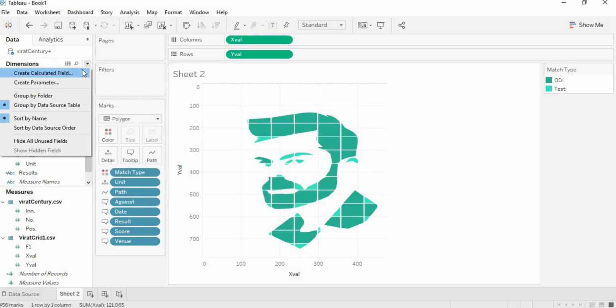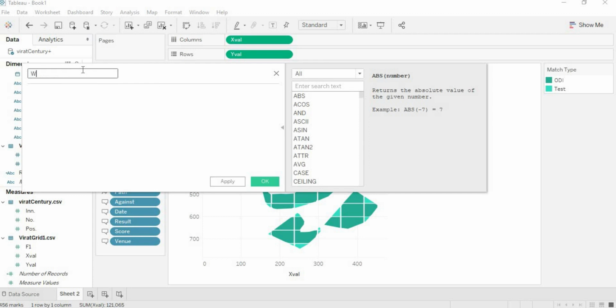Now I need to create another calculated field for the win condition. If results, sorry, not result, results equals won, then display won.